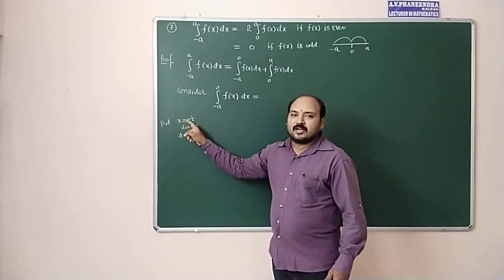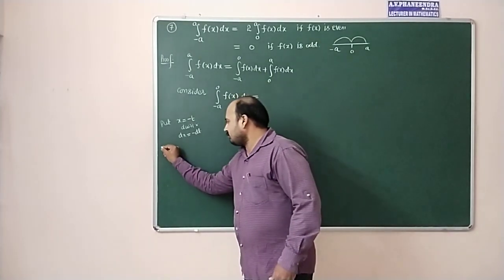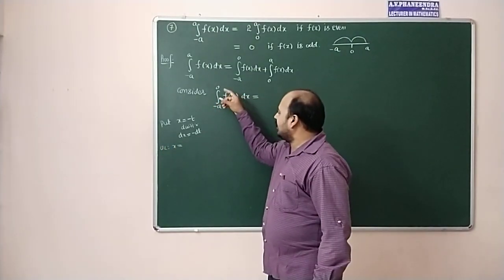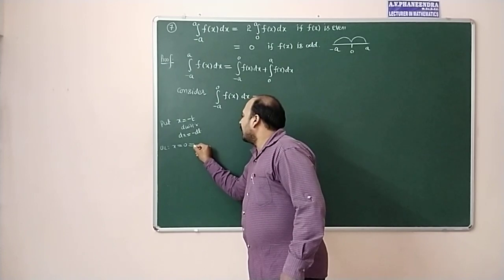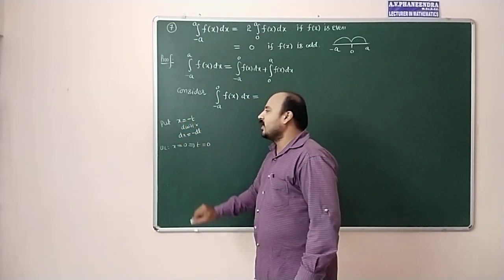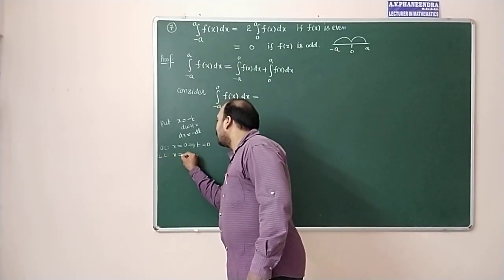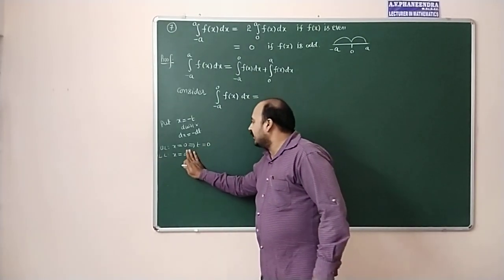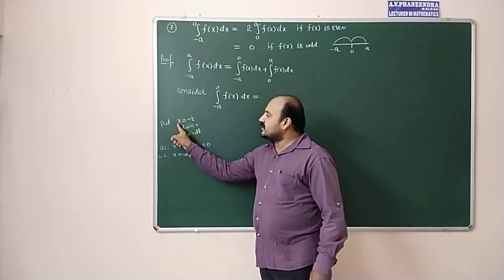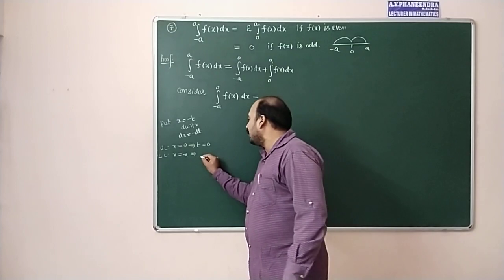Whenever we take a substitution, the limits will change automatically for this integral. Upper limit: when x is equal to 0, that implies 0 equals -t, so t is equal to 0 only, no? Lower limit: x is equal to -a. That implies x is equal to -a. If you substitute, -a is equal to -t. The two minuses cancel, and t is equal to a.